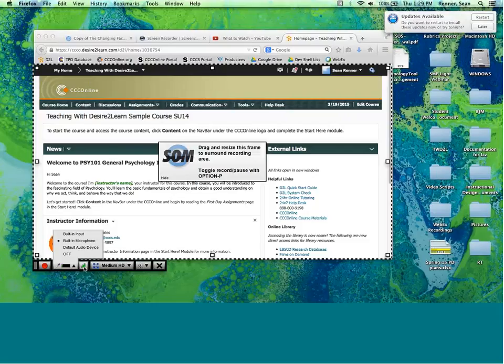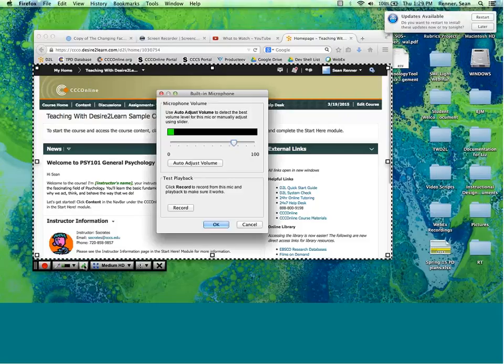The next step is clicking on this audio meter button here and setting your audio levels. So what you're doing here is setting the volume at which your microphone or your computer is recording your voice. Ideally, what you want to be doing is getting an audio meter reading that's going to land about 2/3 of the way up. So for me, this is a little bit low, so I might turn it up a little bit here so that it's hitting right about this area.